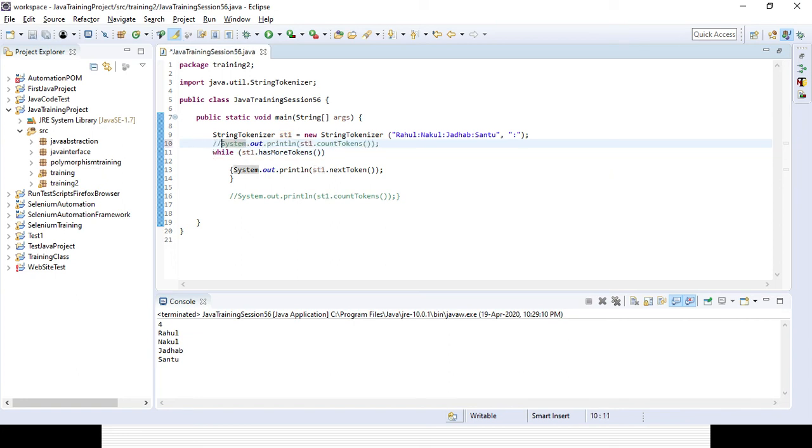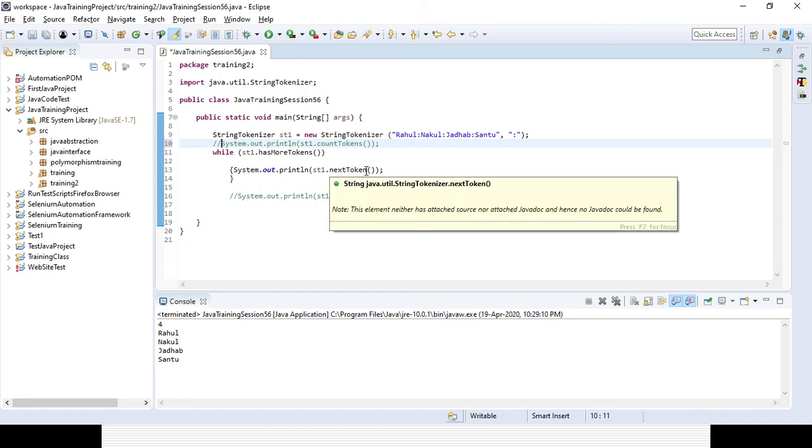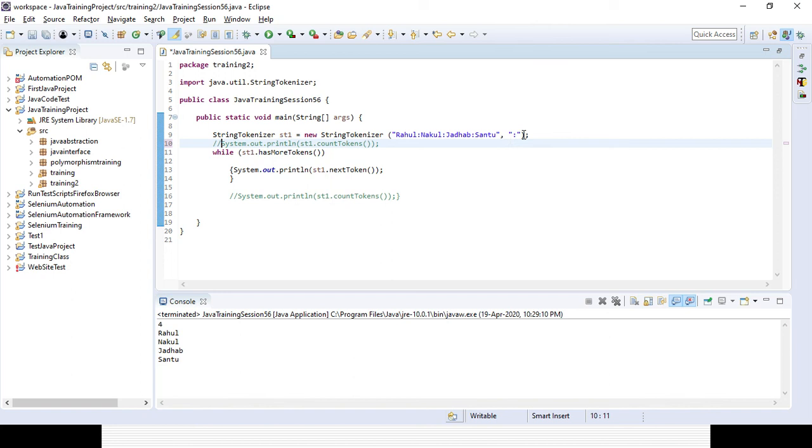Now another two important methods are there, hasMoreElements and nextElement. So why are those two methods used? In case you do not give the particular separator. Suppose I am giving the keyword, let's comment out the whole code.